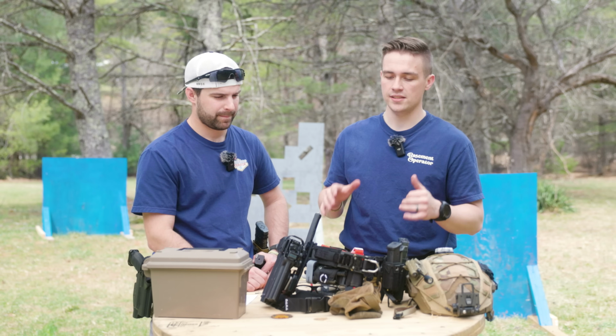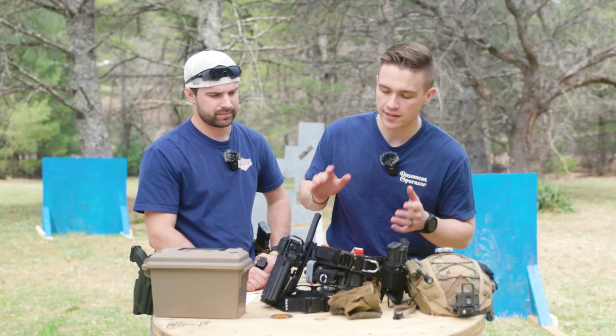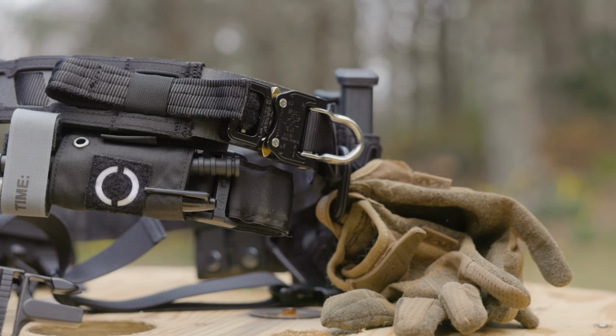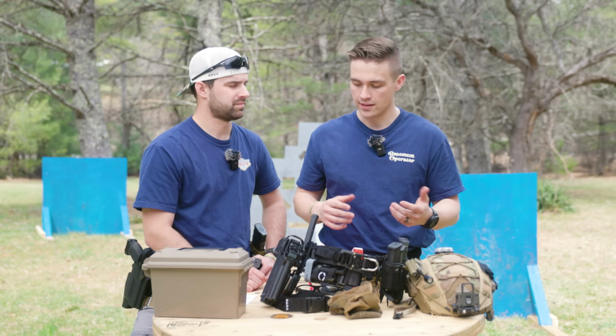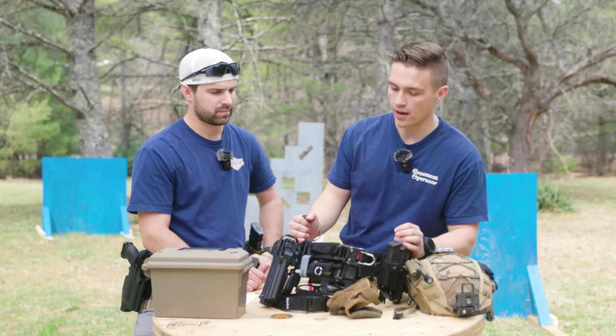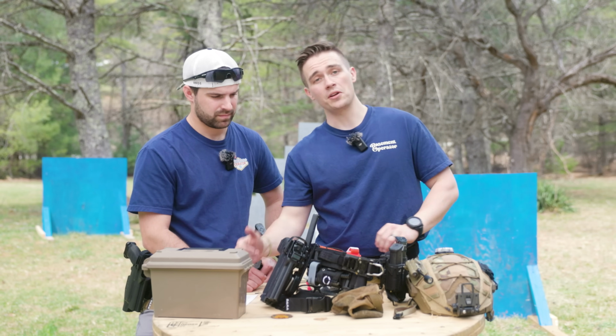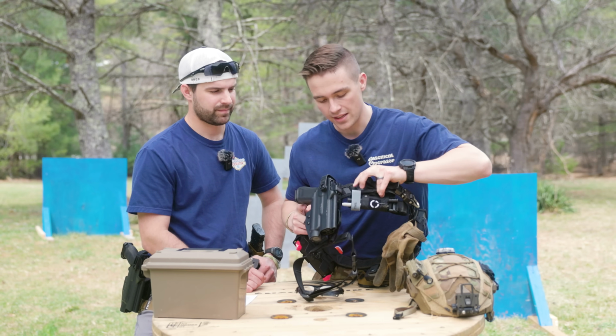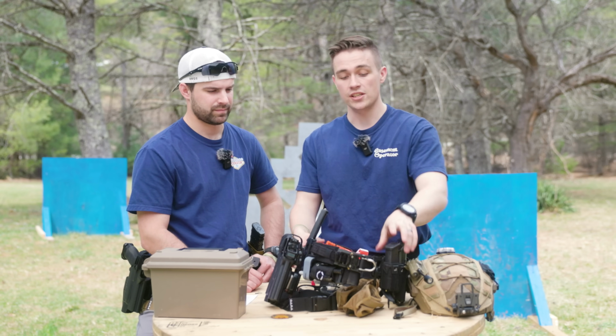So the nylon with this is 1000D Cordura mil-spec tactical nylon. It's fairly nice stuff. It's going to take a beating. It's curved thermoplastic composite material. We're reading off a spec sheet here. And it is laser cut laminate here on the inside that provides rigidity